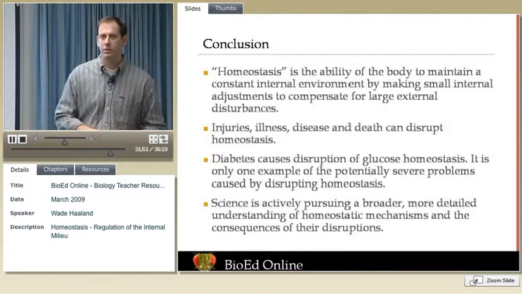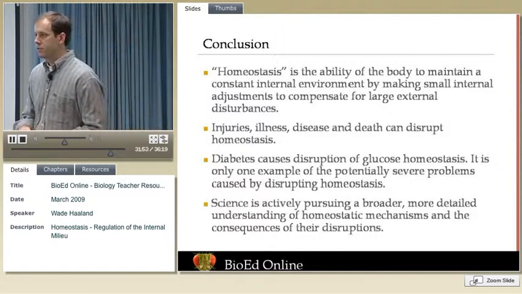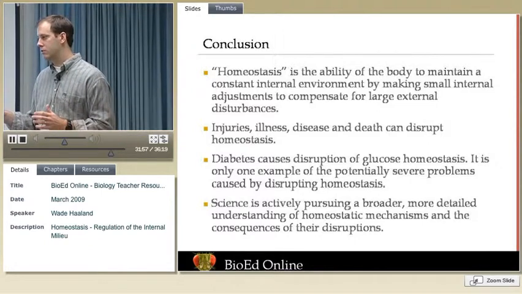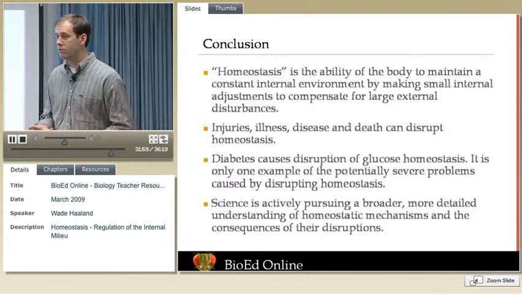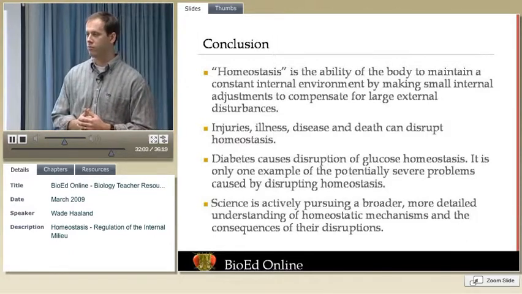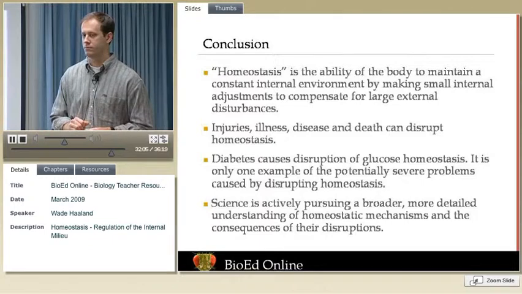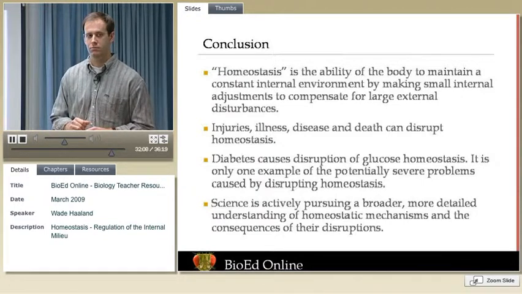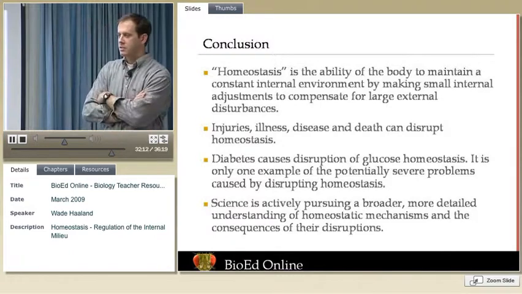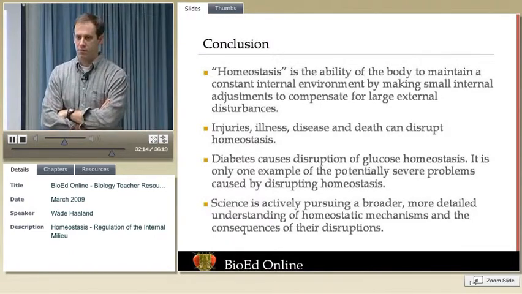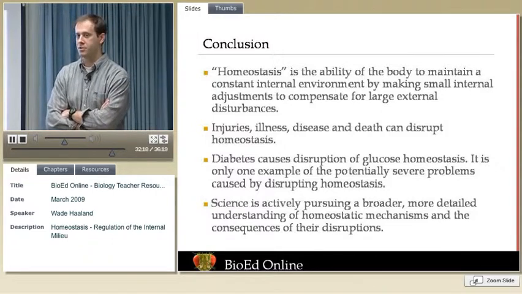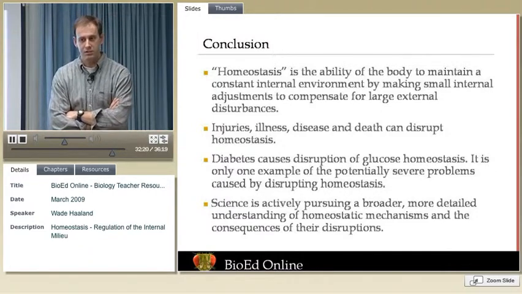But in type 1, there's environmental components to that disease as well. And so we don't know what all those are. So if there is an increase, I don't know what's causing it. It's more genetic, though. Type 1 diabetes is typically thought of as being more genetic. However, it's still a very complex disease.